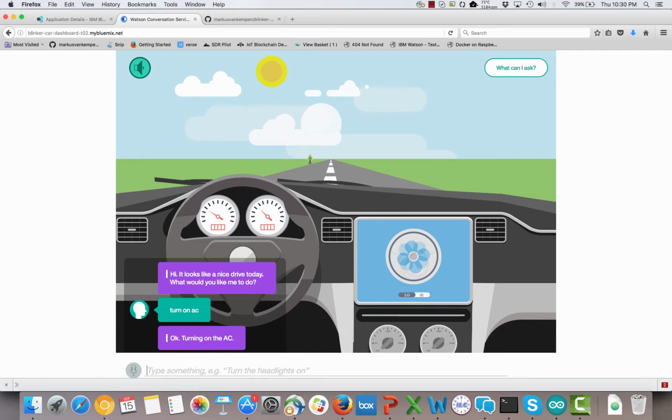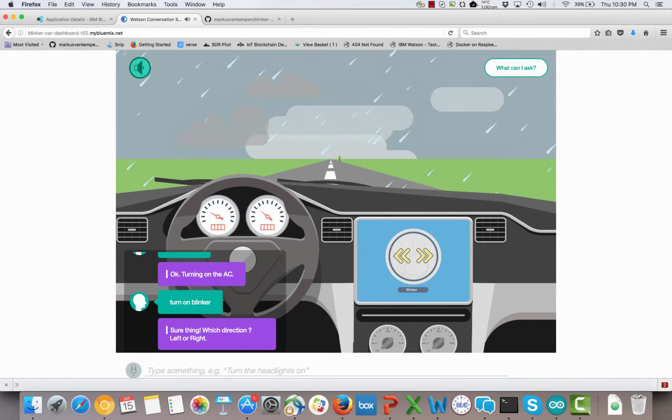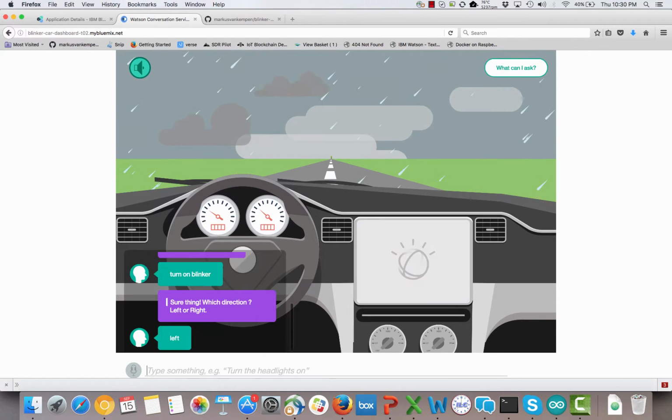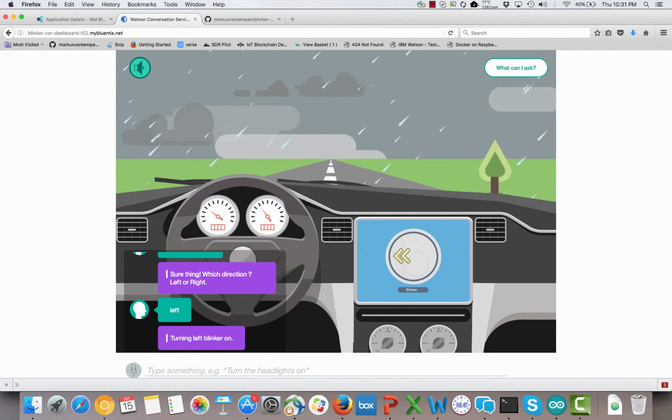And then the new device we created, say, turn on blinker. Sure thing. Which direction, left or right? So I said left. Perfect. So turning left blinker on. So now we have the standard